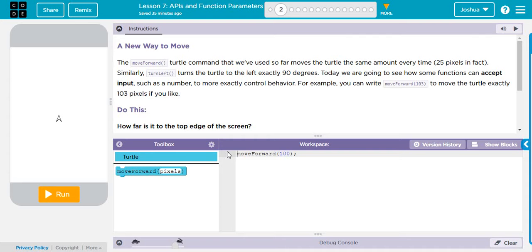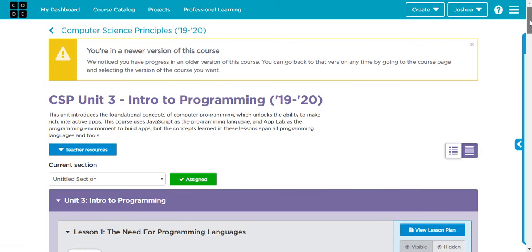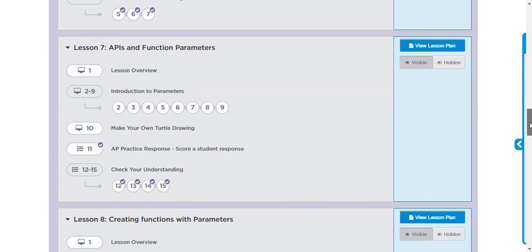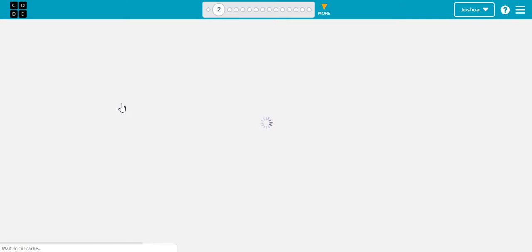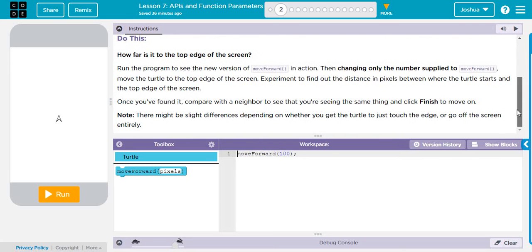So if you go to code.org, you go to lesson 7 in unit 3, that is APIs and function parameters right here. It's going to take you to, let's just scroll down to it, it's right here. You can click the lesson overview. I like to just jump right into number 2 here, which is our lesson. Our first thing that we're going to be doing is